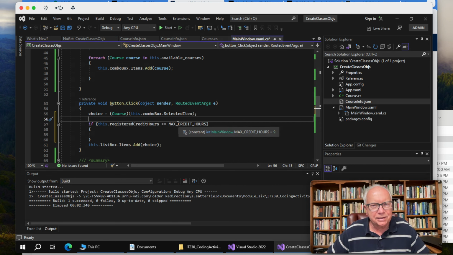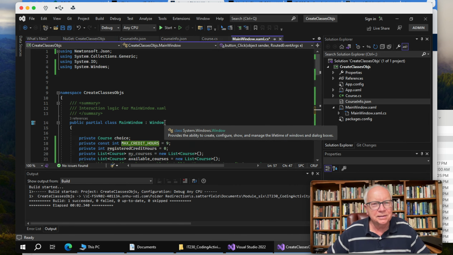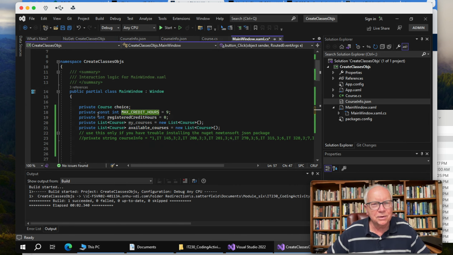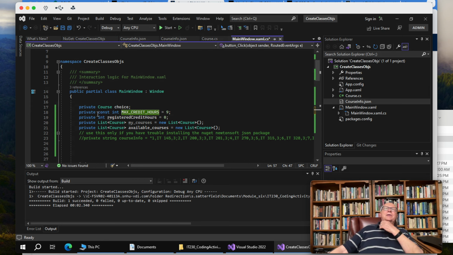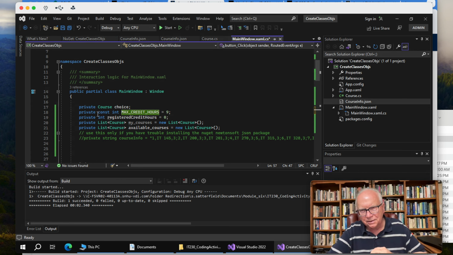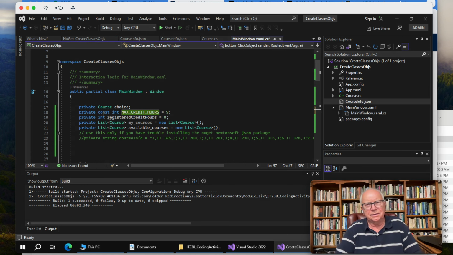Now, max credit hours, notice we're not prefacing it with this, even though neither one of them is marked static. If it's a static property, it's not a member of any instance of the class. It's a member of the class itself, not an instance of the class. And if that doesn't make sense right now, over time it will. But because it's not a member of any particular instance of a class, you don't reference it using the keyword